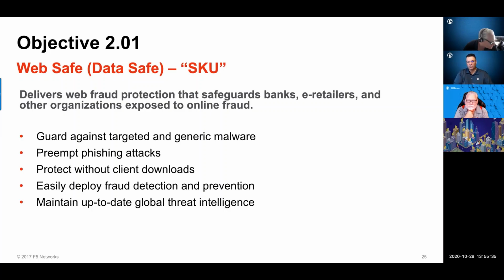So if the hacker grabs that information, all he's going to see is garbage, right? He's not going to see the true credentials. Again, the power of F5's full proxy is that since we sit in between the client and the backend servers, we can actually make those changes on the fly. We can also manipulate fields so that if hackers try to grab the actual form for the username field and the password field, we can change that on the fly so